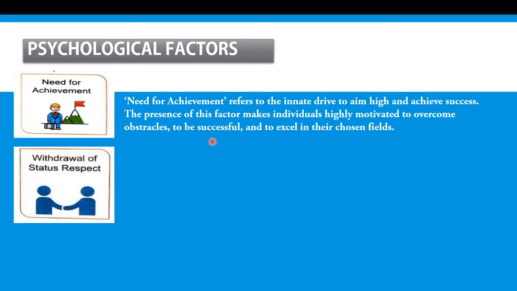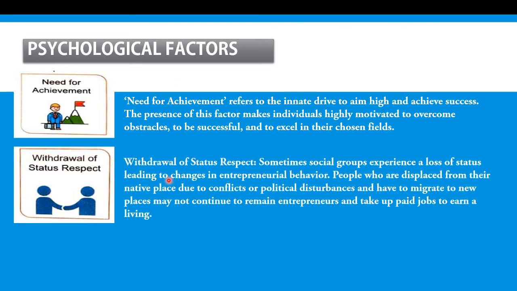the next one is withdrawal of status respect. Sometimes a social group experiences a loss of status, leading to changes in entrepreneurial behavior. How? You can see people who are displaced from their native place, maybe due to conflict or political disturbance, need to move to new places. In those new places they may not be able to adapt themselves to do business, and they may not continue as entrepreneurs, and may look for other paid jobs